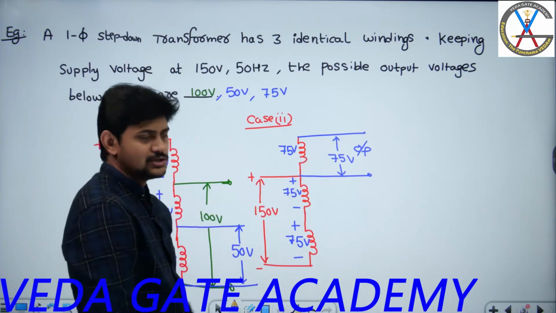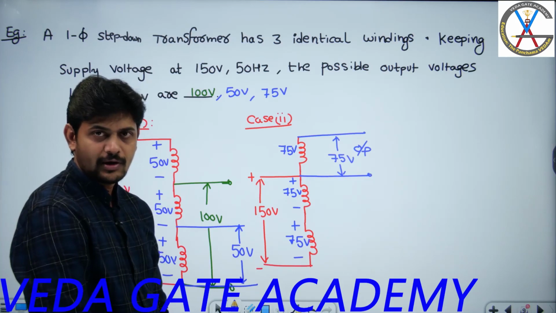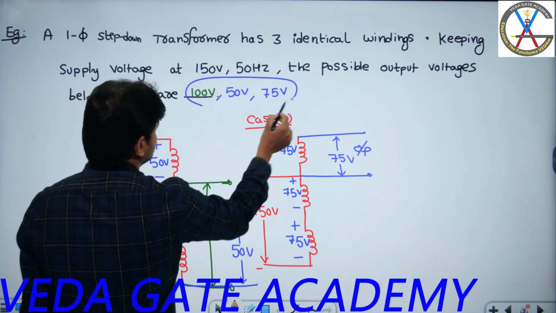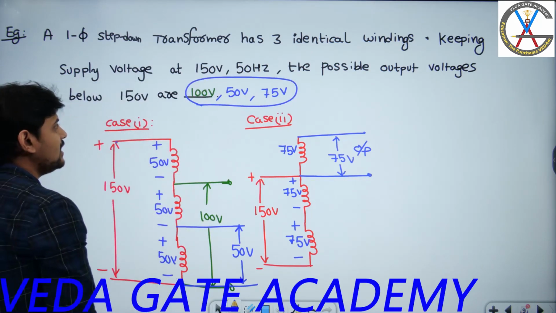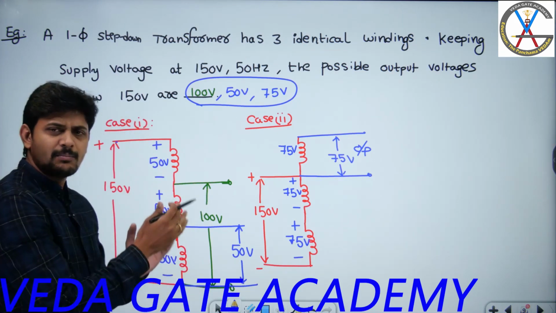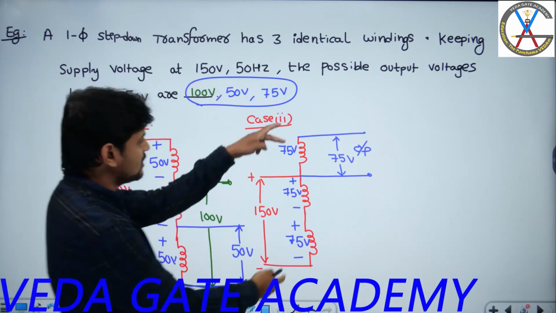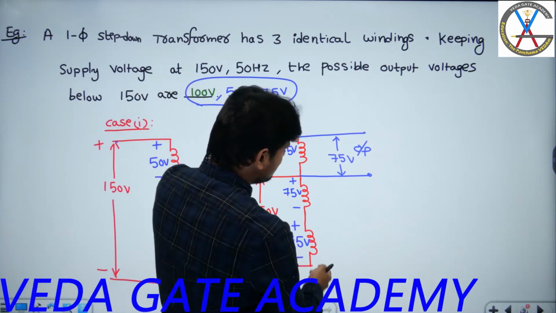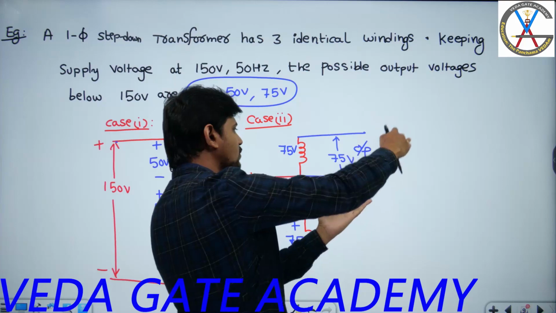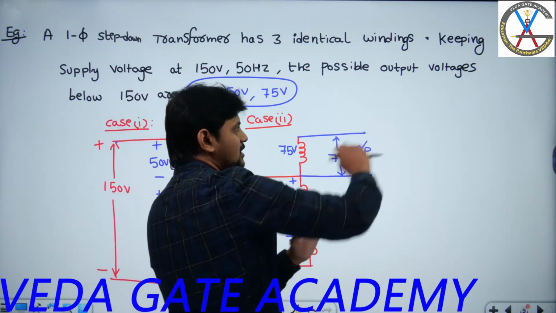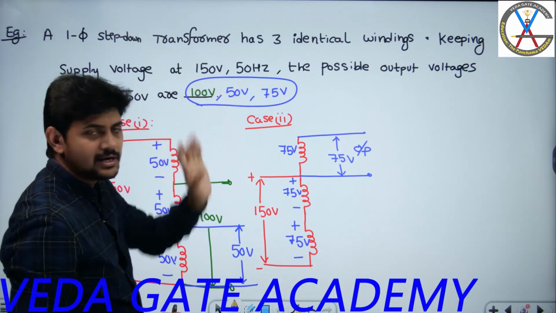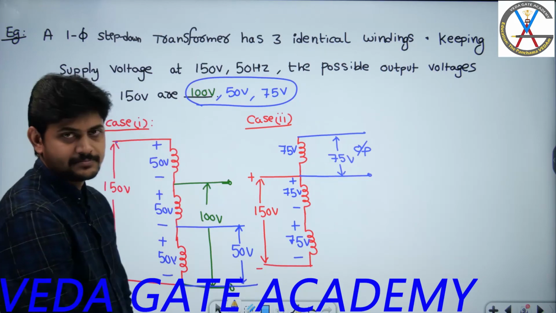So if I am connecting across these two terminals, are you following? Right? So now my question is, apart from these three voltages, will I get any other than these three voltages which are less than 150? If you try n number of possibilities, you can play with this diagram. You can measure the voltage across this, or else you can supply the input voltage across only one winding and try to identify the output voltages across one combination, two combination, three combination. Finally, you will observe that the voltages are 150, 100, 75 and 50. You won't get other than these, right?